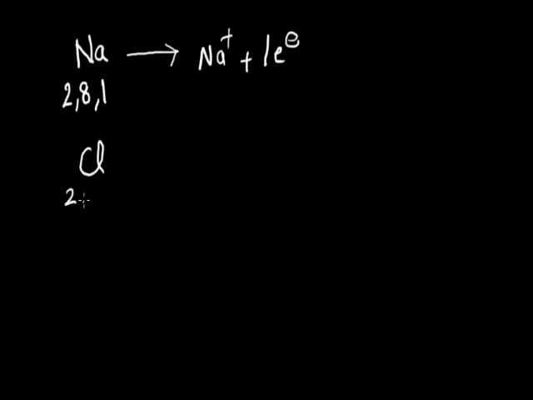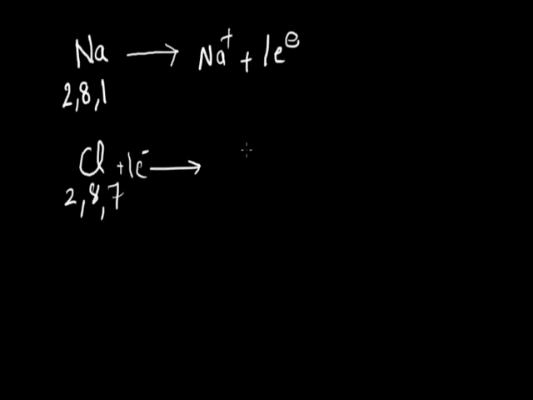Chlorine has 2, 8, 7 electronic configuration and it has 7 electrons in its outermost shell, and it requires only 1 electron for completion of octet. So it gains 1 electron